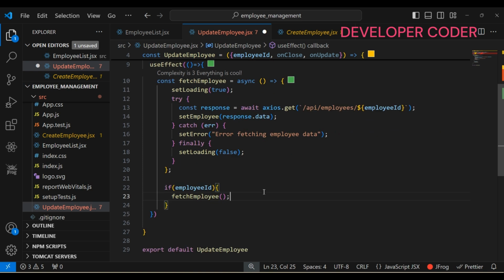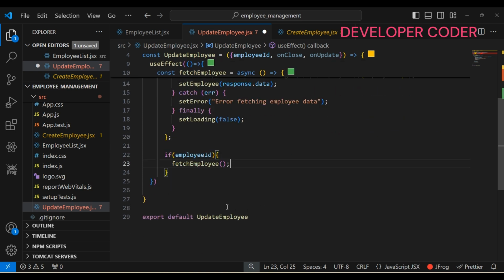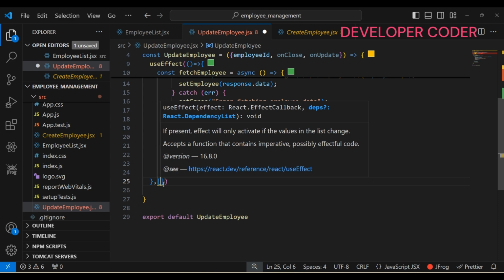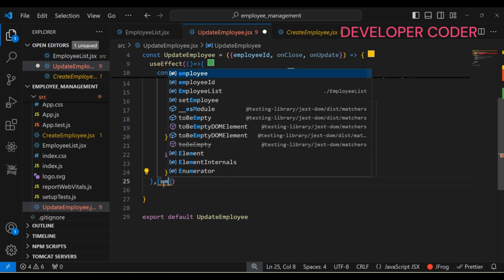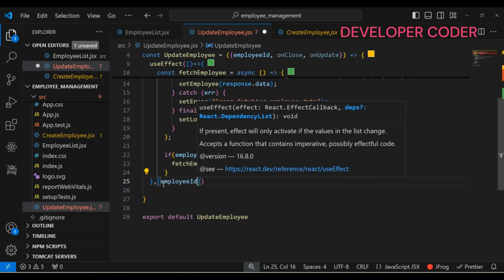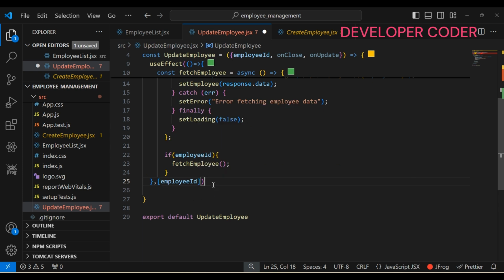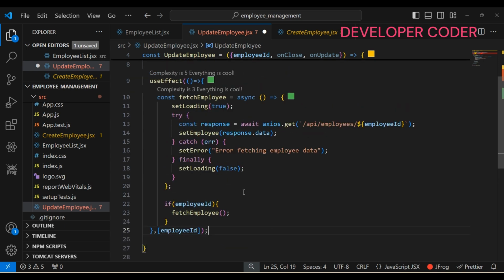Then after that, here this ends, and here just pass the employeeId. Write employeeId and put a semicolon. That's it. Okay, this is done. So now after that